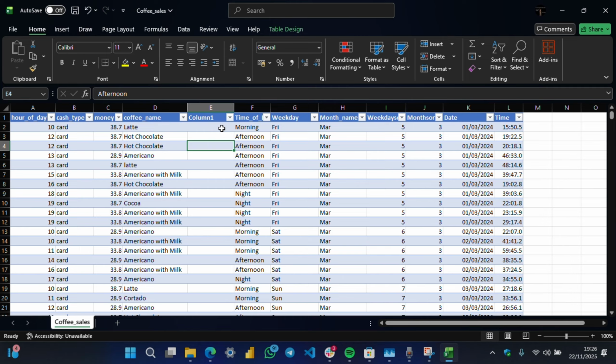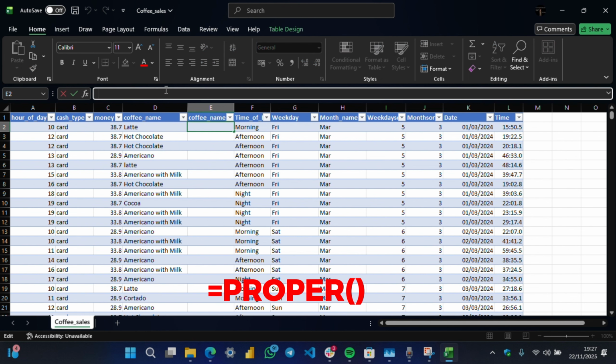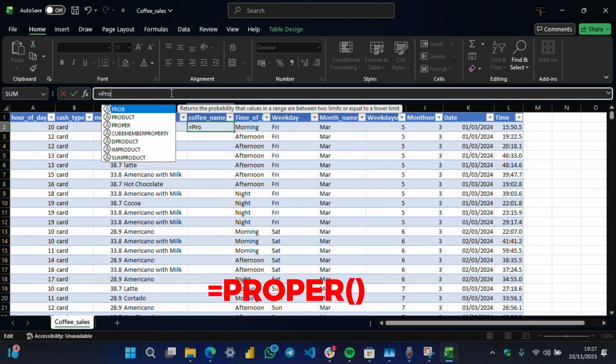Then we rename this column as, say, coffee name cleaned. Then we use the function proper. What this function does is that for every entry in the column, it begins every word with a capital. That is what proper does. So it's a function embedded in Excel. So we use this function,